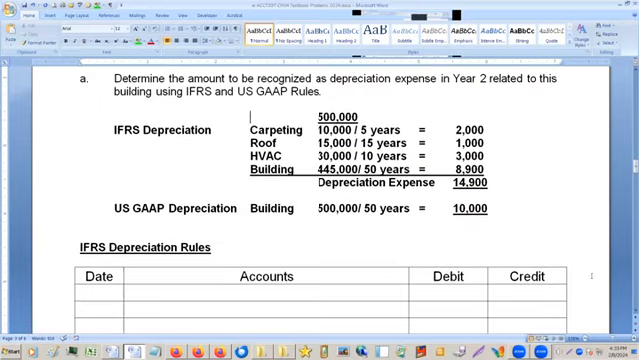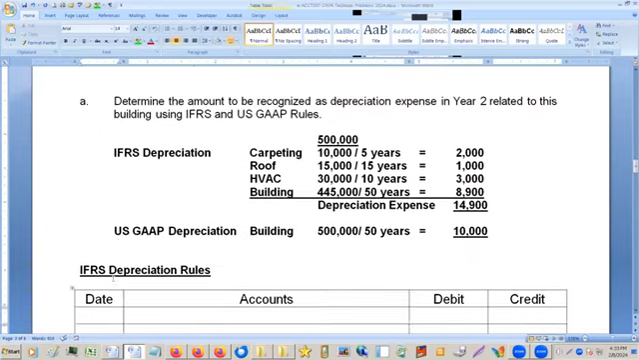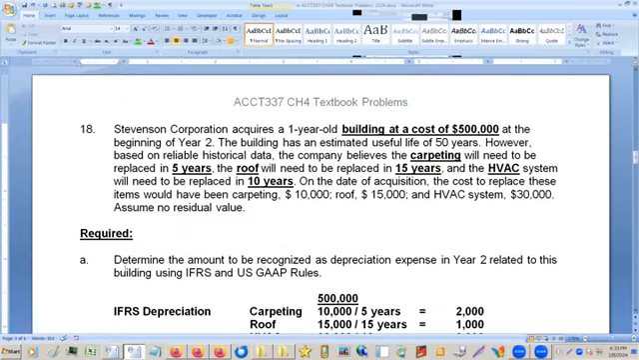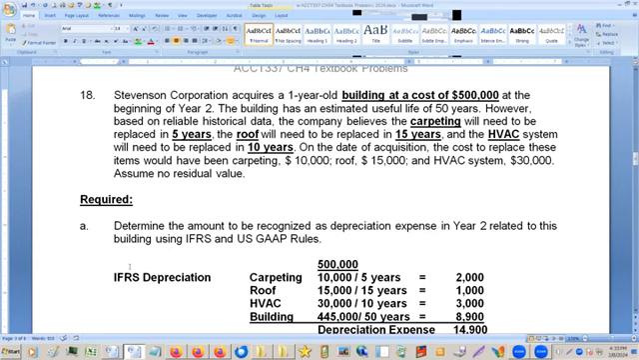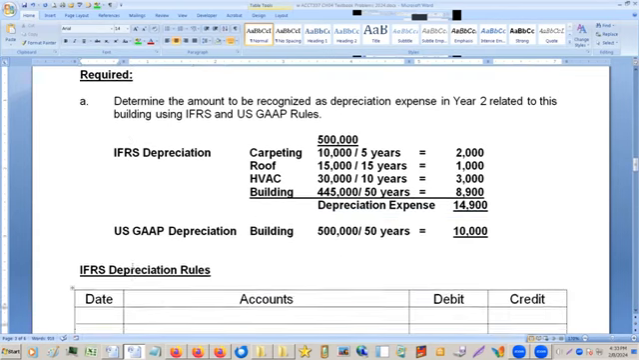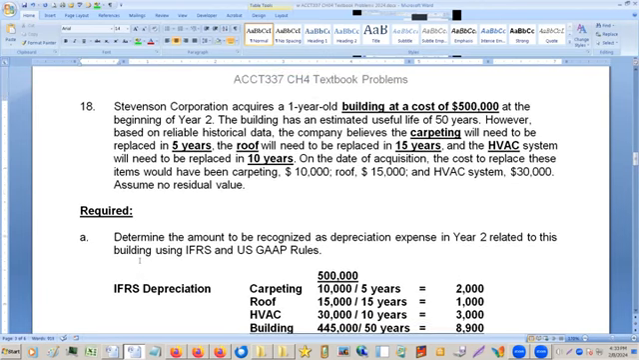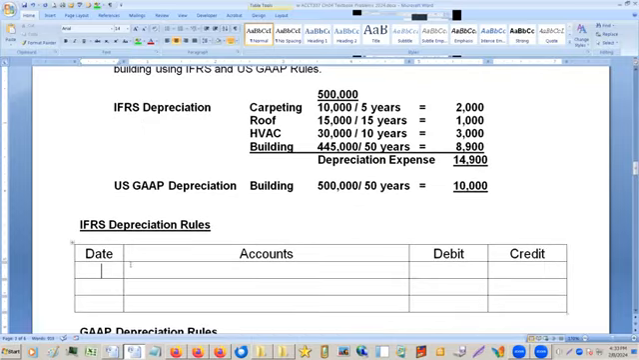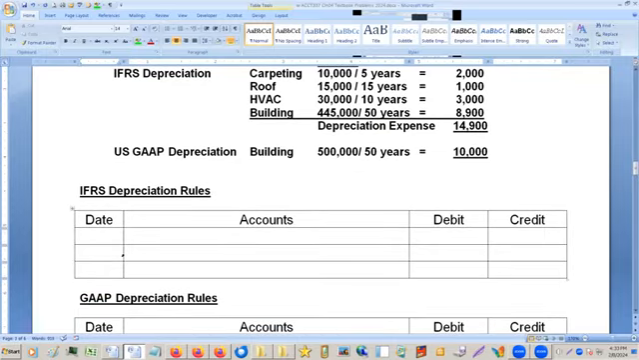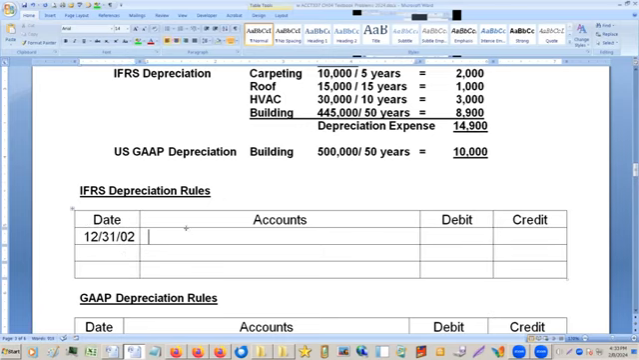Okay. So what would it look like at the end of the? Do I give a year on this? The general amount to be recognized as depreciation expense a year 2. Okay, well we'll just say 12/31/02. Depreciation expense is the same as